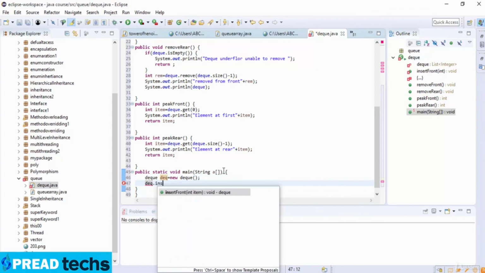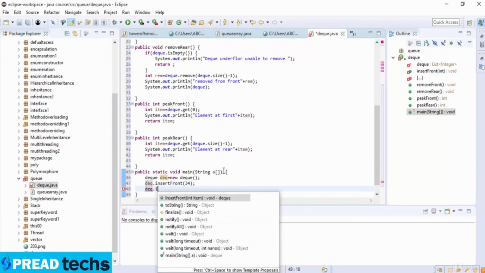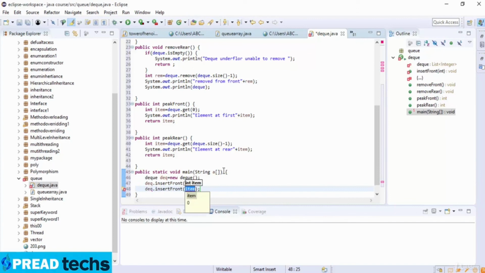Now dq dot insert front, which is 34, then dq dot insert front, which is 50,